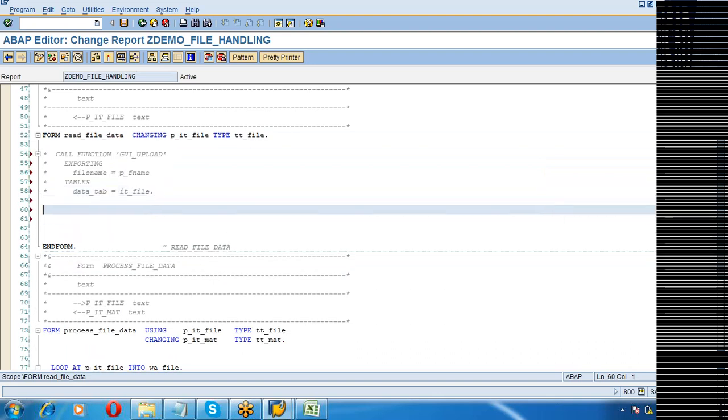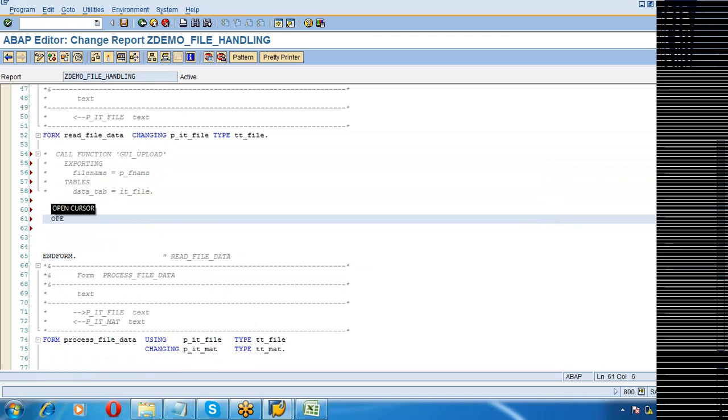Imagine the file is somewhere there. So I'll say OPEN DATASET p_f_name, syntax. OPEN DATASET name in binary mode or text mode for reading, writing, something like that. Let's see.